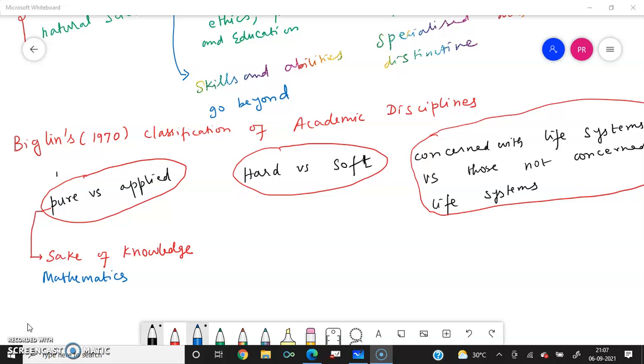Not every knowledge can be applied to the world around us. So every part of mathematics may not be applied to a real life situation, but theoretically so many things are derived. And with this pure discipline, you are talking about fundamental research. We are turning towards fundamental research. We see systematic observation, and we ultimately come to some sort of theory.